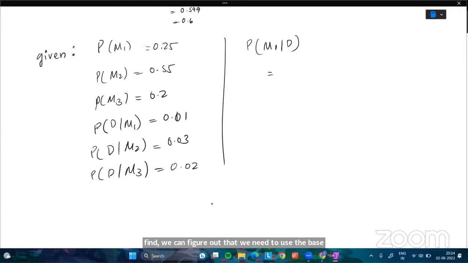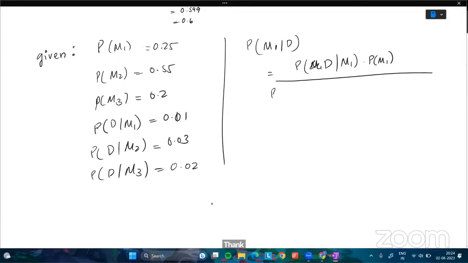So here, M1 given B. The numerator will be the probability of B given M1 into probability of M1, divided by probability of B given M1 into probability of M1